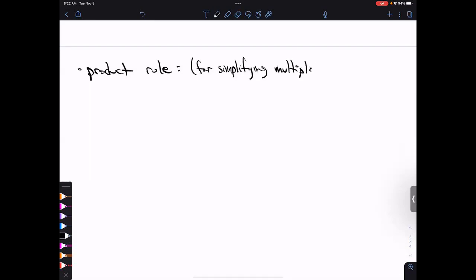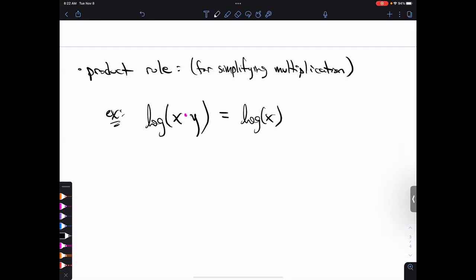Product is what we call the thing that you get from multiplying, right? And just as an example, if you want to take the log of x times y, that's the same thing as the log of x plus